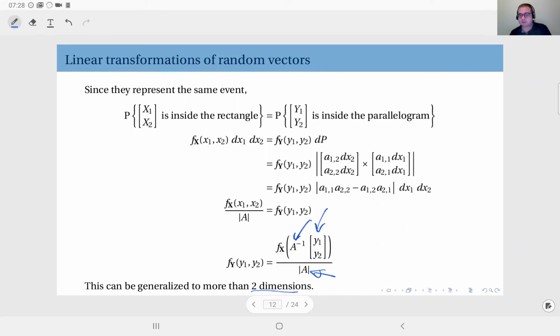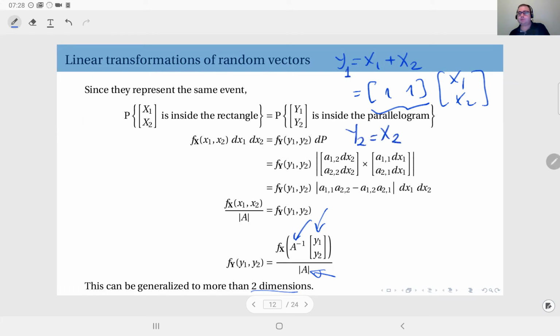For instance, take the very simple case of y equals x1 plus x2, right? When you have such a transformation, obviously your transformation matrix is not a square matrix, because this is just [1, 1] times x. This is your transformation matrix, which is clearly not square. What you do here is you can introduce auxiliary variables. You can just define this to be y1 and define y2 as, let's say, x2, okay? And then you can write y1, y2